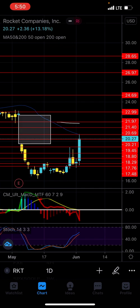As some of you guys may know, I do have one of my bigger positions on RKT. I have about 30 contracts of calls, and I do have a big position. I'm not gonna say what my position is because I have some family over and I don't want them to